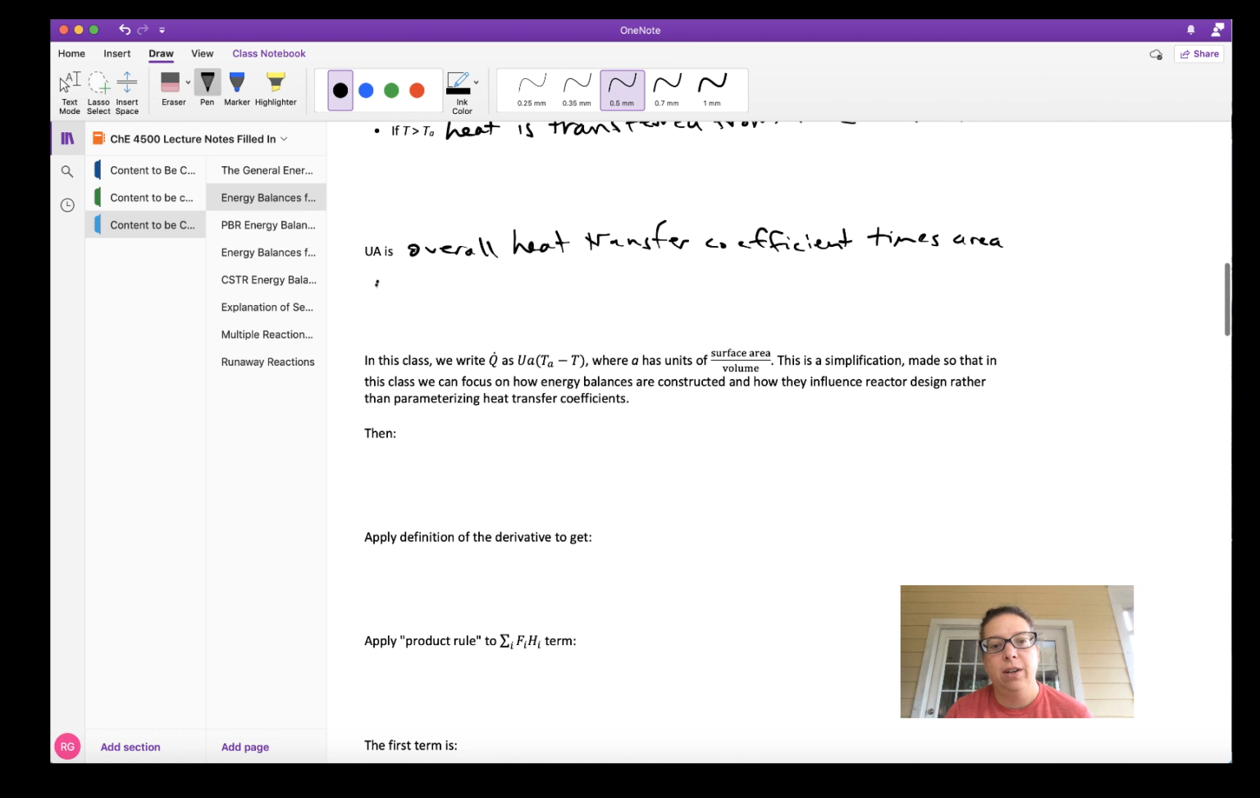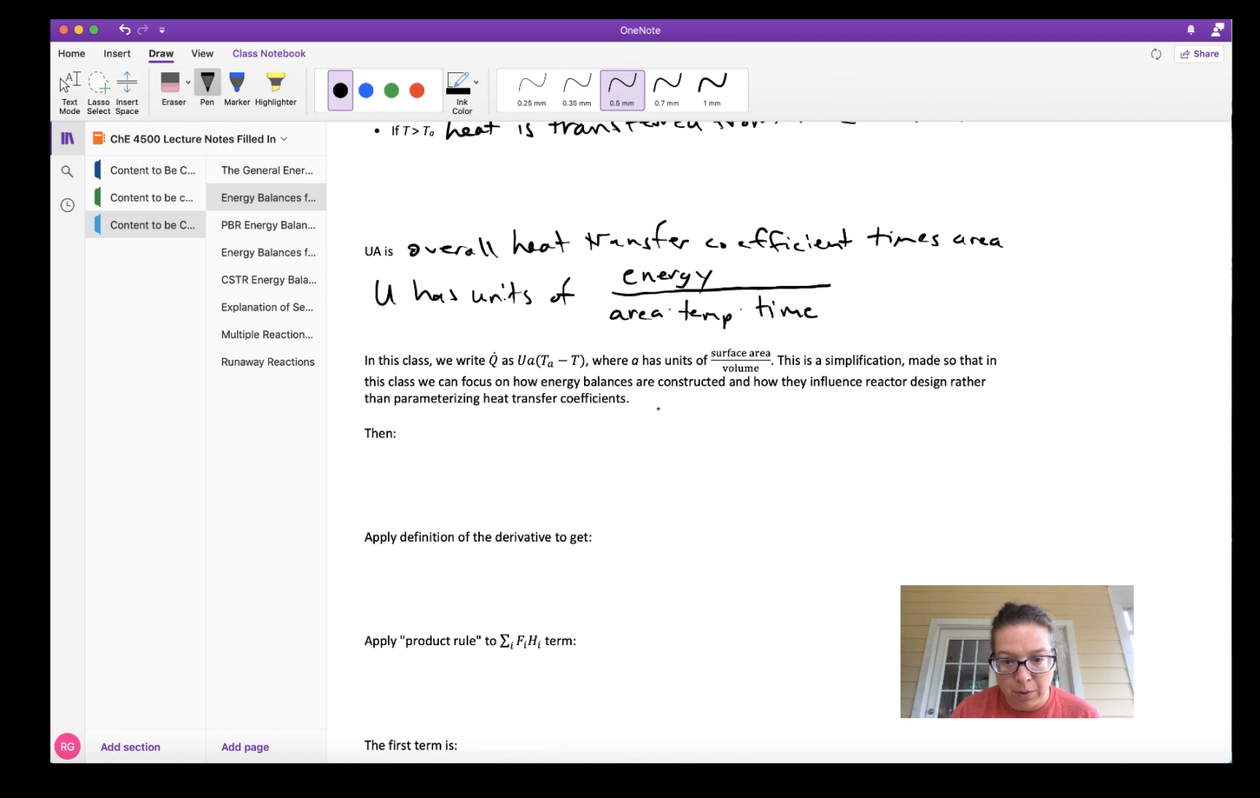So U has units of energy, something like kilojoules or kilocalories, per area, per temperature, per time. So we multiply that by an area, and we get energy per temperature per time. When we